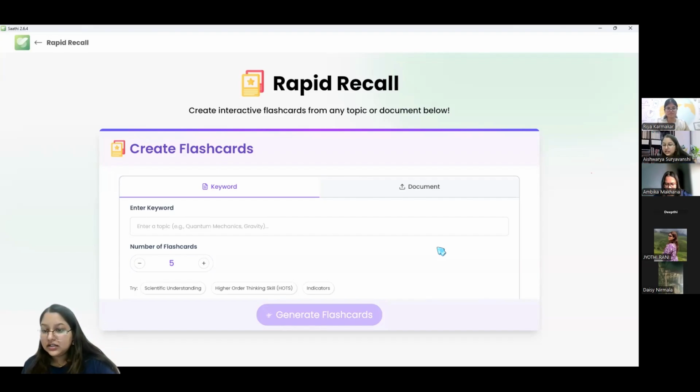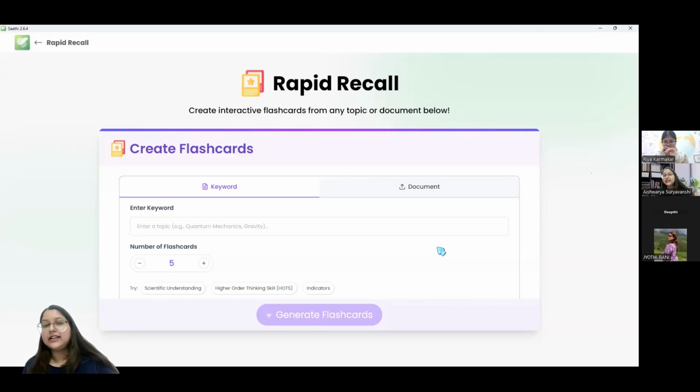And I think sir is saying something. I'm unable to create a quiz lesson plan from an uploaded PDF document. So sir, if you're not able to use that document, I request you to share that document with the support team, or you can share it to me directly. I'll look into the PDF and we'll be able to find out why it's not working. Okay, so you can personally reach out to me and share that PDF.